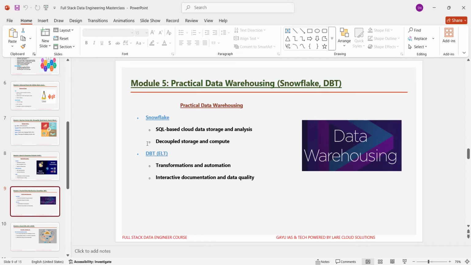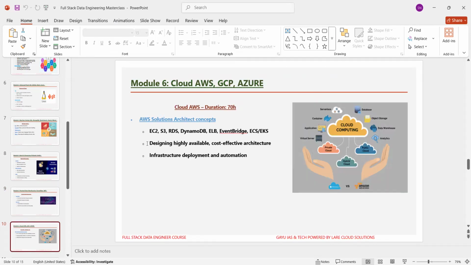After learning all this, you are going to practice building a DBT project that cleans raw sales data, joins the customer and product info, runs tests on data consistency, and publishes clear docs for analysis. One of the use cases in DBT was automated ELT pipelines with visibility and trust. This is about module 5. Now we'll look into module 6.